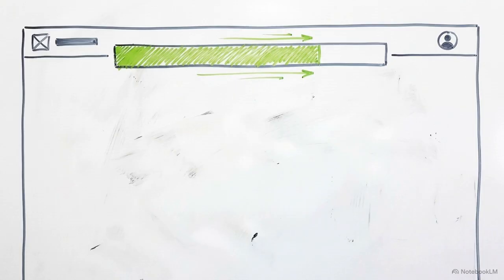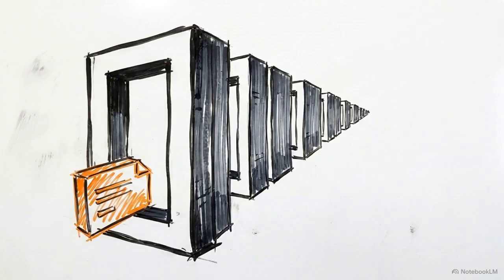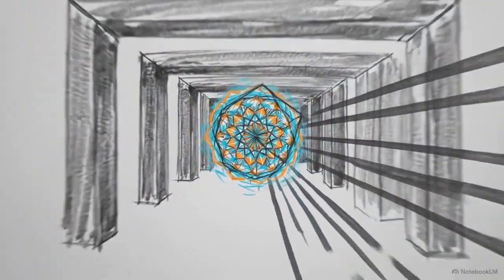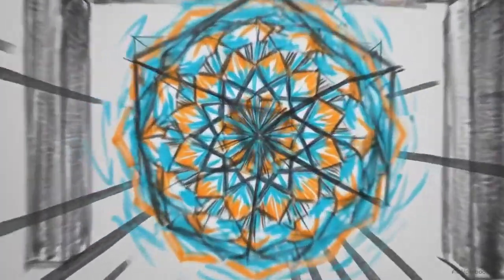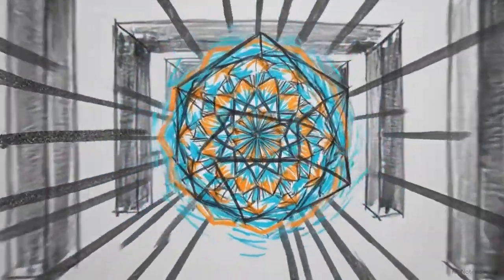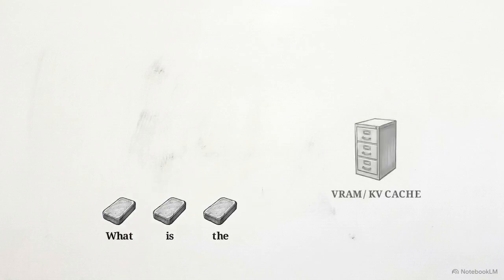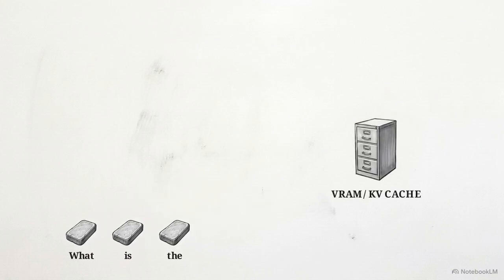At step 3, the data enters a sequence. The output from the first block immediately becomes the input for the second, moving through a chain of 96 identical transformer blocks. The data evolves as it moves through these layers. Early blocks manage surface grammar, middle blocks deduce logic, and the final layers forge abstract representations. Recalculating every key and value for every word at every layer would stall the hardware. To maintain speed, the system uses an engineering optimization called the KV cache.